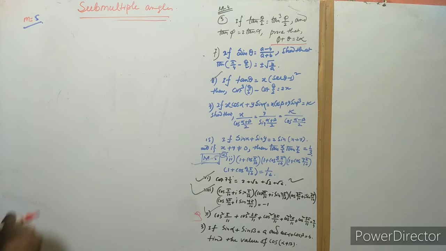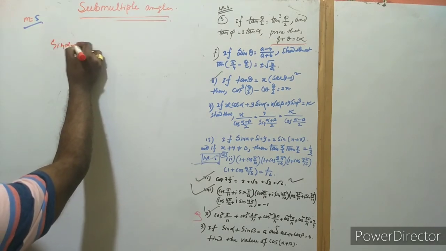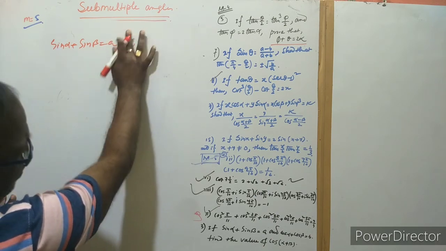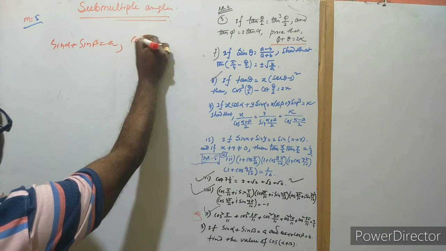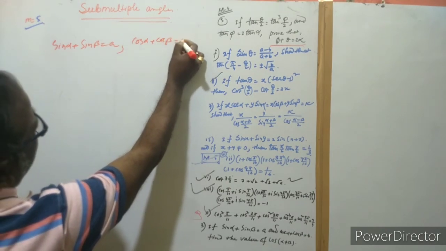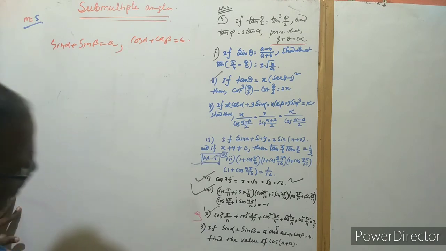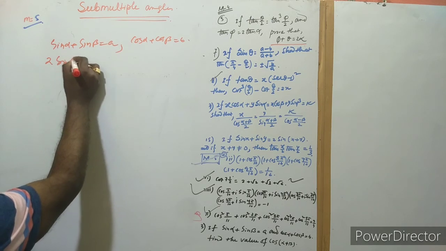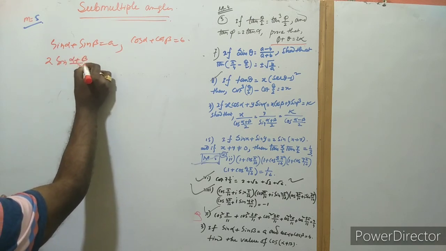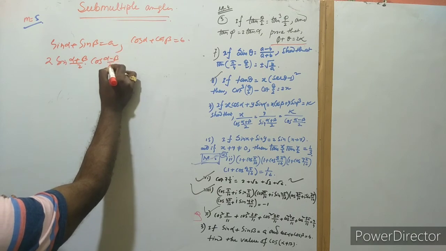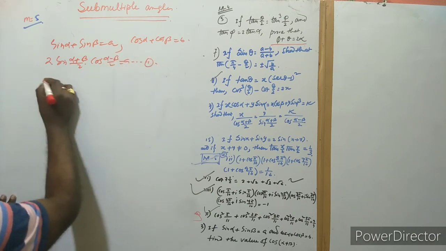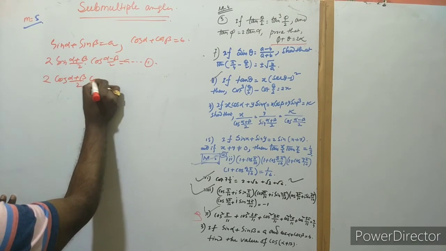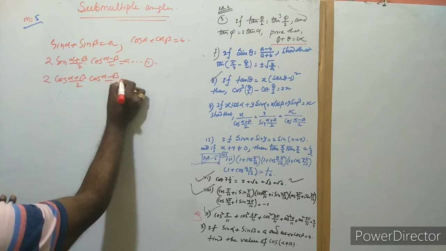You are given that sine alpha plus sine beta is equal to a, and also cos alpha plus cos beta is equal to b, and we have to find cos of alpha plus beta. If we break the formula, we get cos of alpha plus beta by 2 and cos of alpha minus beta by 2 as common, this is 1, and now from this, 2 sine alpha plus beta by 2 and cos alpha minus beta by 2 as a, and the other is b.